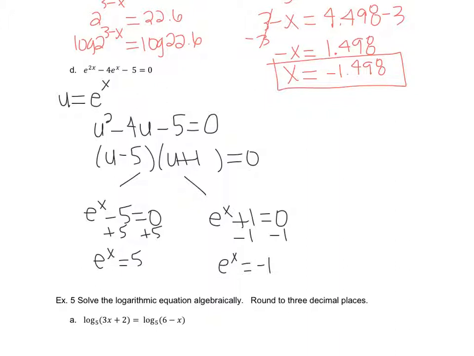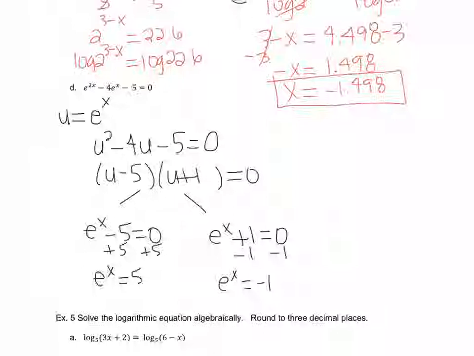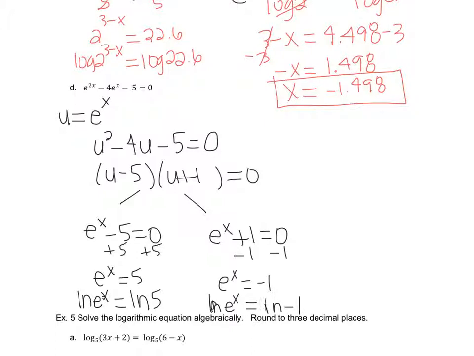Now what we're going to do is we're going to take the natural log of both sides. So this is going to be ln of e to the x equals ln of 5, and ln of e to the x equals ln of negative 1. Now, again, we're going to use that log rule to drop our x down in front on both. So what it's going to say is x ln e equals